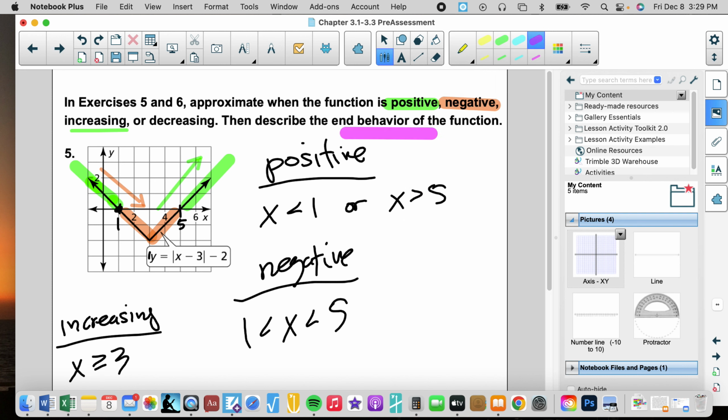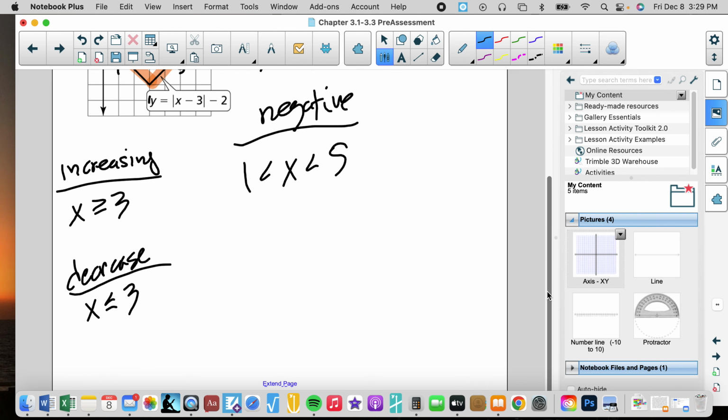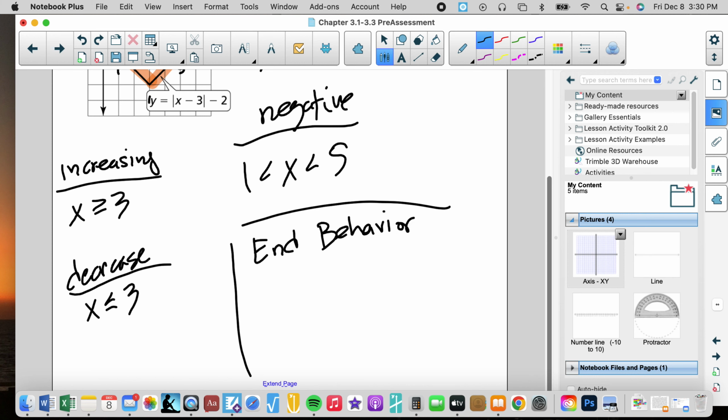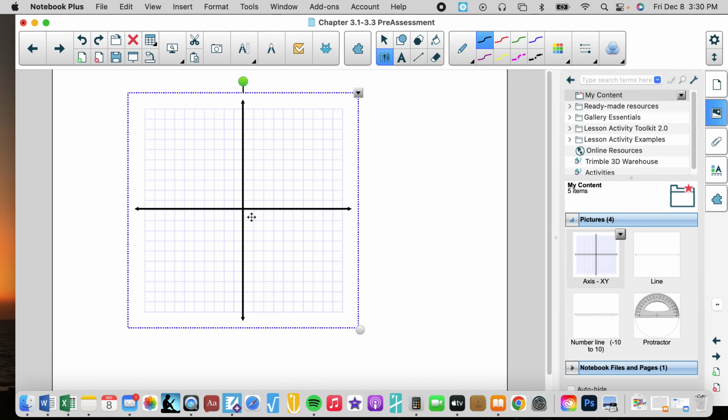All right, the last part of this is, let's talk about the end behavior. So the end behavior, that's the ends of the graphs. I talked about end behavior having 4 things. So when we look at end behavior, let's create a page. If we're going right towards positive infinity, that would be